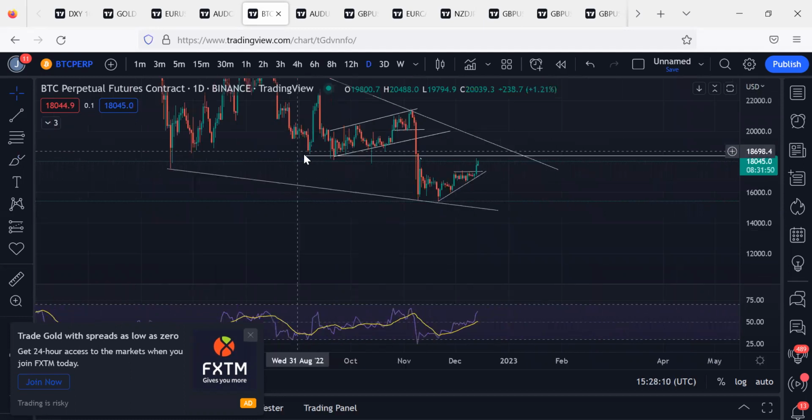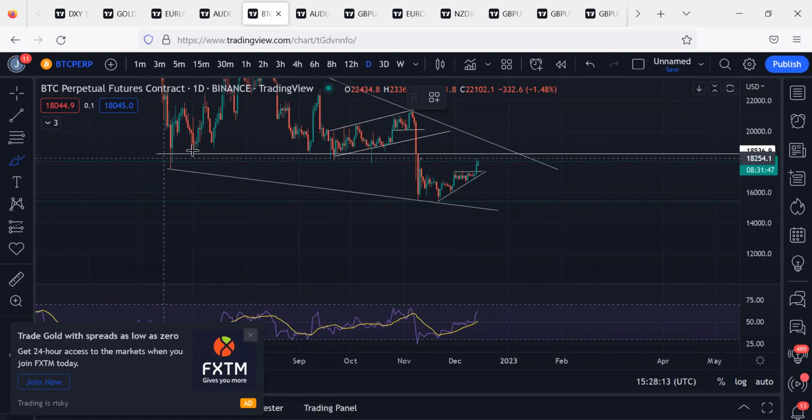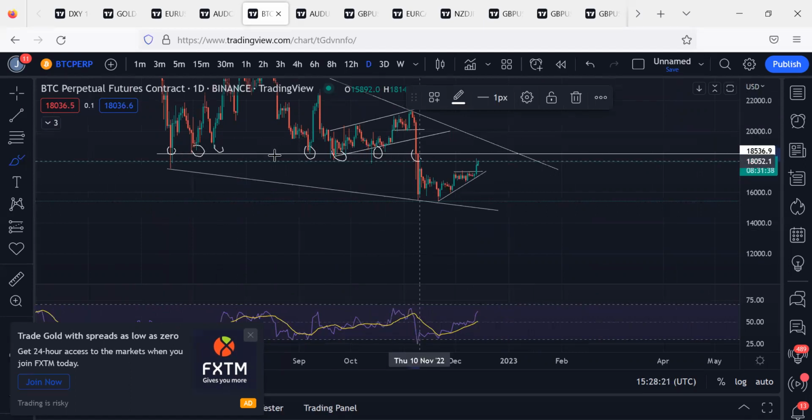This is a very, very large area of value because we have support, 1, 2, 3, 4, 5, 6. We broke it on the seventh one, or the sixth. Every sixth one usually breaks. We break it on the sixth one. So now everybody's jumping that Bitcoin is going up. This might just be a retracement to this place to dump.